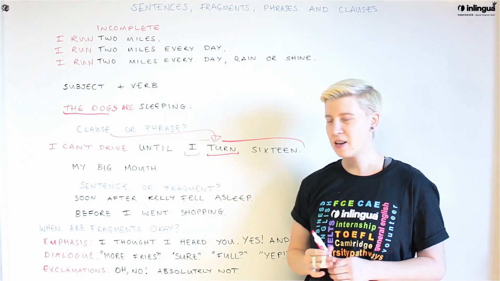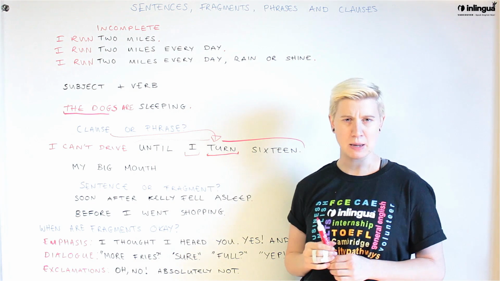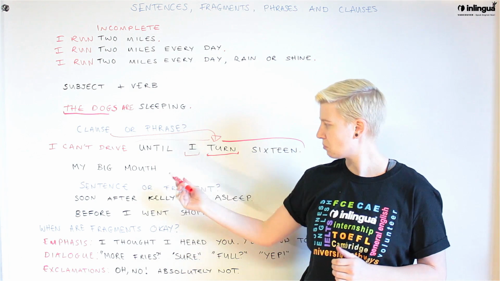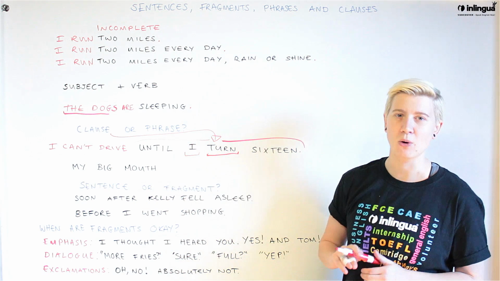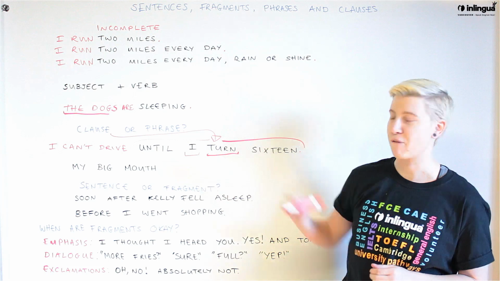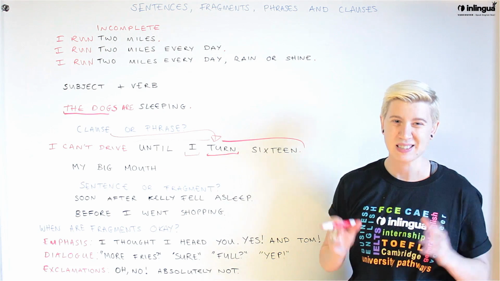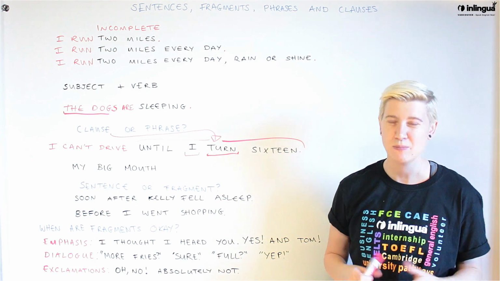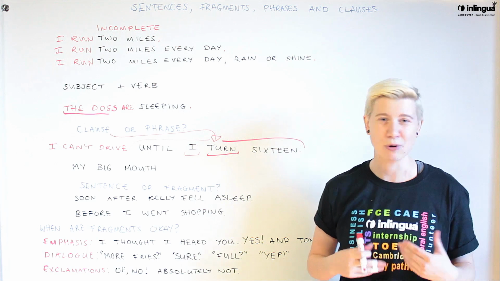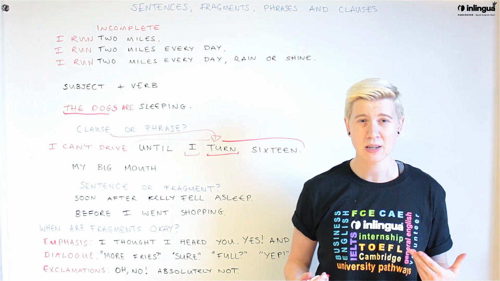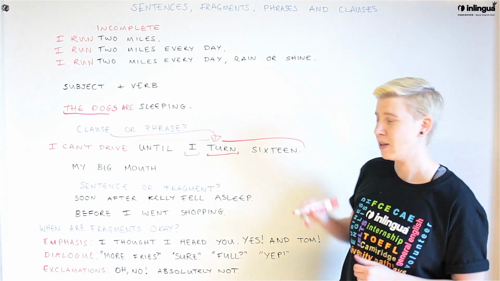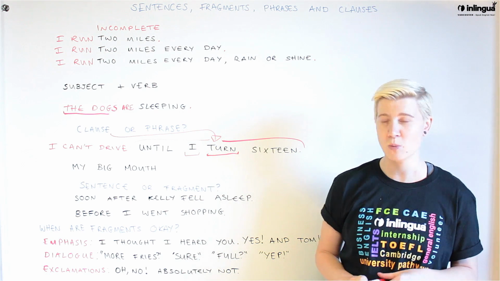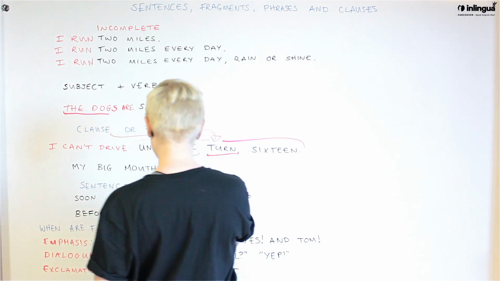Okay. And underneath there, I have my big mouth. Is this a clause? This is not a clause. This is a phrase. My big mouth. It's the first part of a sentence, but we don't know what is happening. We have no verb, we have no action word, and so we have no information. We have to add in the rest of the sentence so we know what is happening. My big mouth